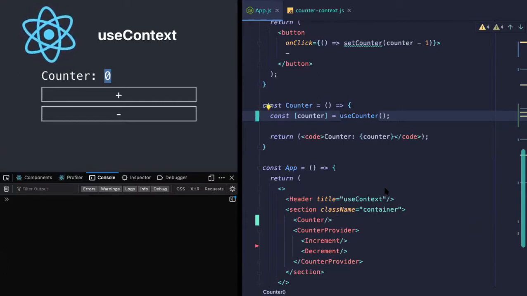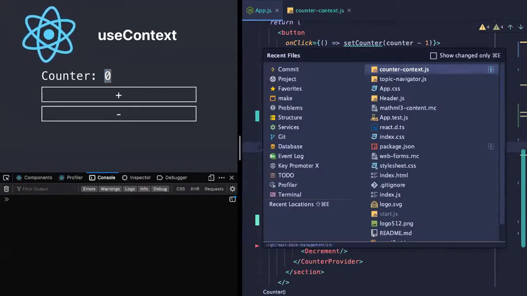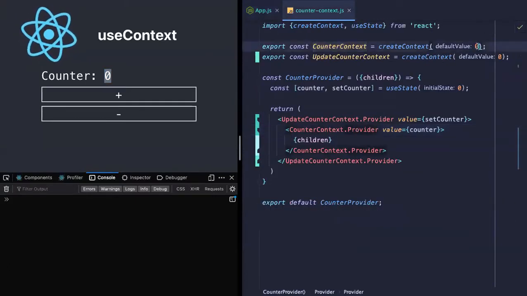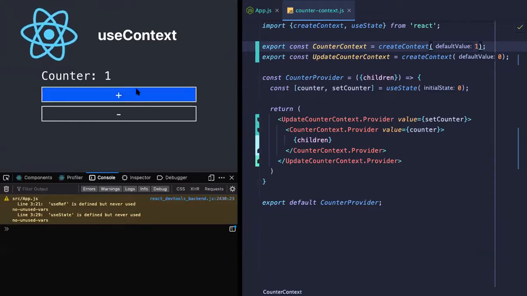Okay. Let's see how we are getting this 0 value. Let's say if I update my initial counter context value, it is reflecting 1, but now it is not updating. So now we know that at least the initial value is coming from when we did a create context.